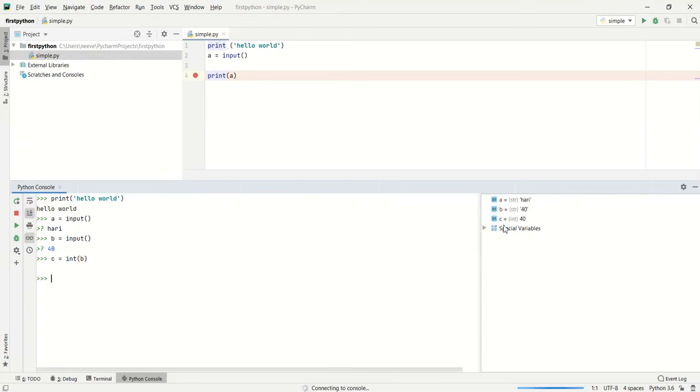Now we can see the variable c has been created as an integer which contains the value of 40. In a similar way you can use f equals float of b. That float variable got created with the value 40.0.